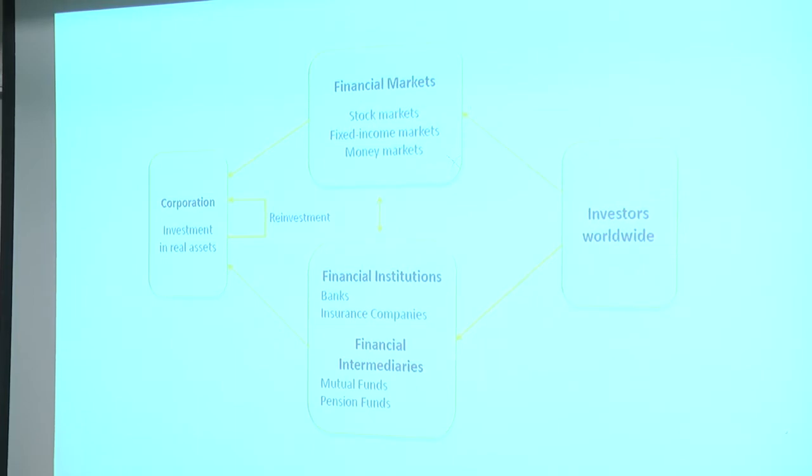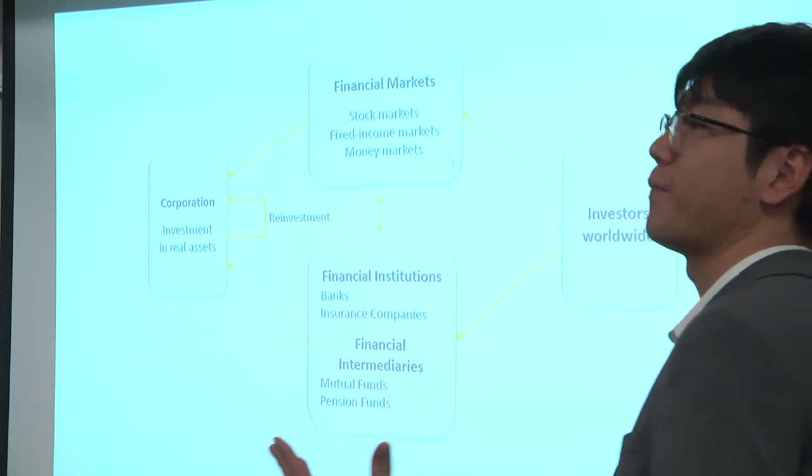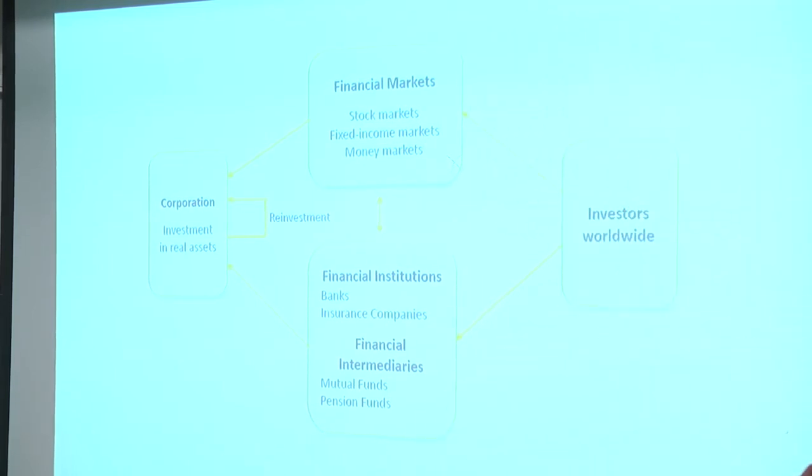In this one, you can see financial markets and financial institutions also have some interactions. Institutions also invest in the equity market, right? They buy stocks, they form portfolios. So that's the fund flow of the whole finance world. The takeaway is that investors worldwide inject cash into this, and then they do business over there.